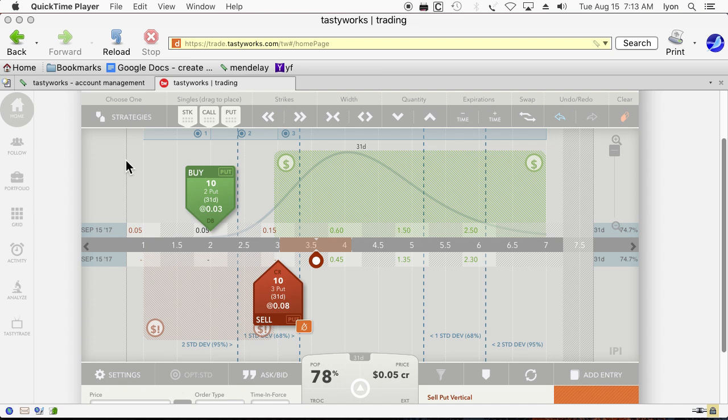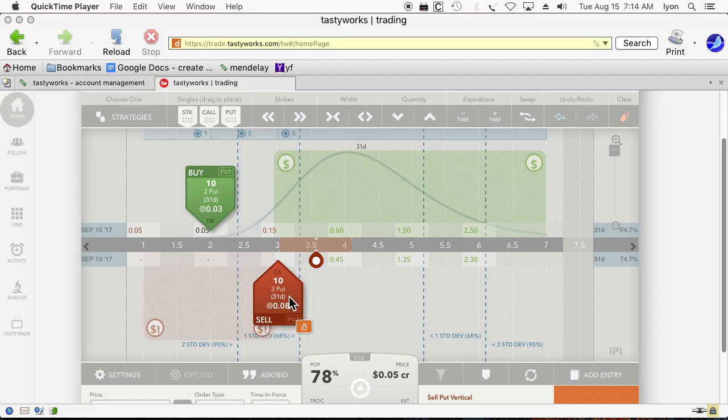Everybody. Just thought I'd show you my take from a Bernoulli trial point of view about why credit spreads don't work. Here we're using the Tastyworks interface in order to show how you can do a credit spread with the sale of 10 of the